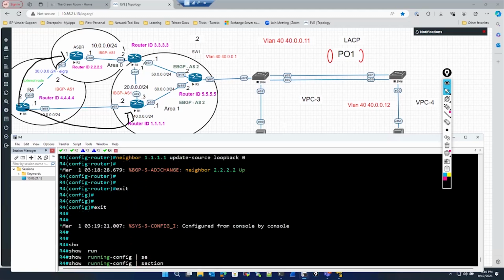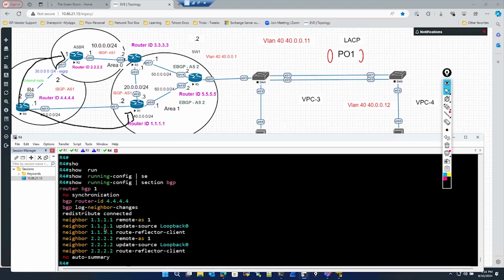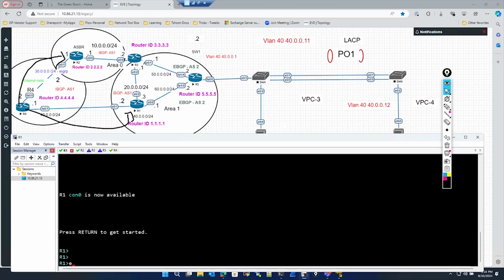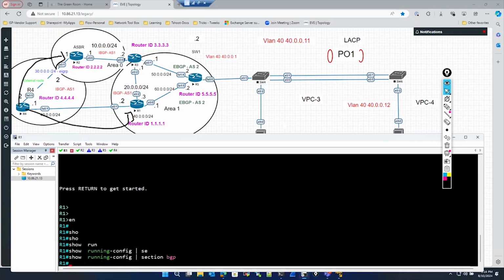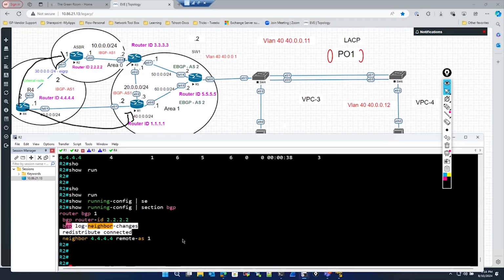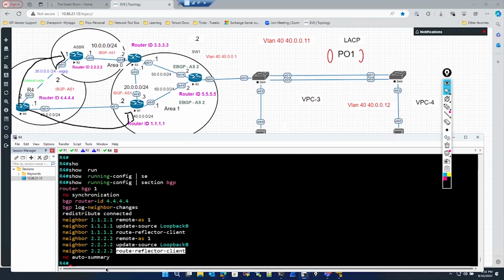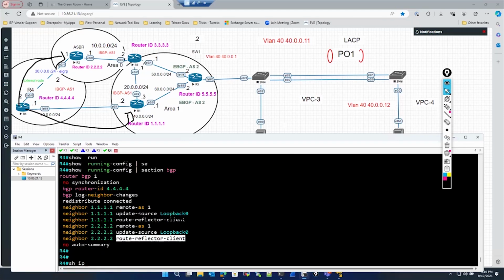Show run section BGP. If you look at this, I made a neighborship with 1.1.1.1 and 2.2.2.2, and I'm using source loopback 0, and I'm using route reflector client. Because of that, I established a connection to this guy. Show run section BGP. On R1 I haven't configured anything. In R2, if you see, I haven't configured the loopback interface, but still it works because of the route reflector on the transit device, that is my R4. So if I give show IP BGP,